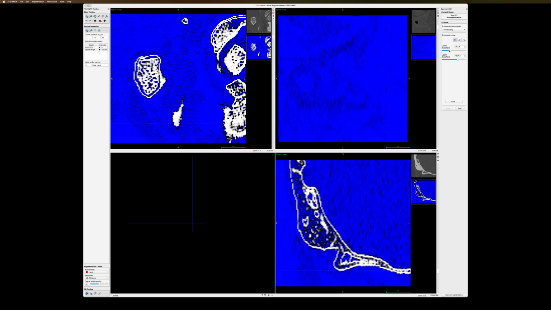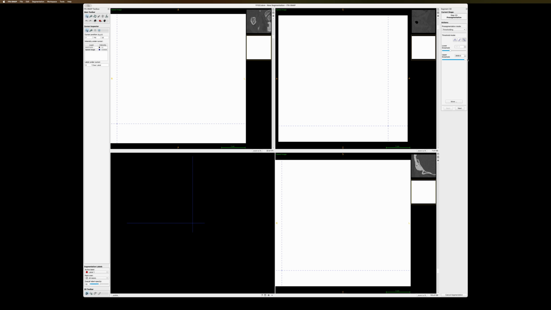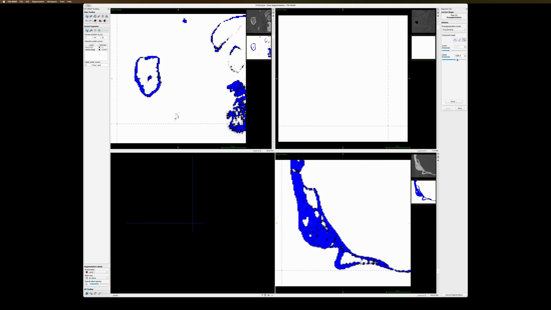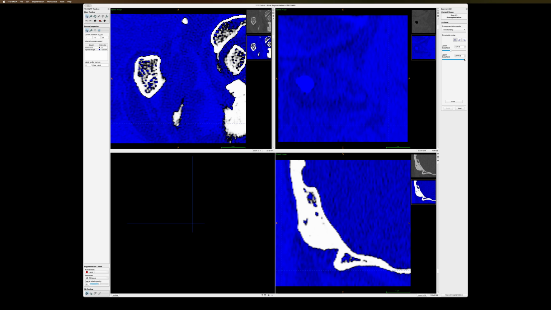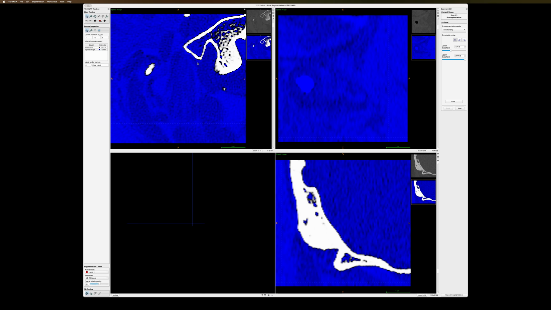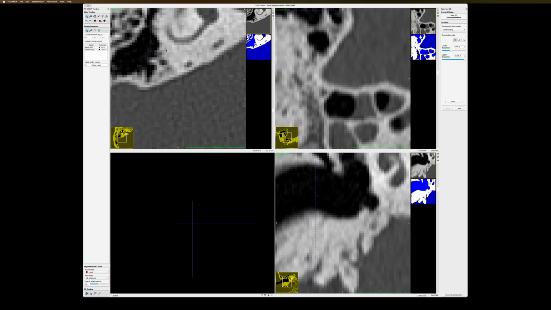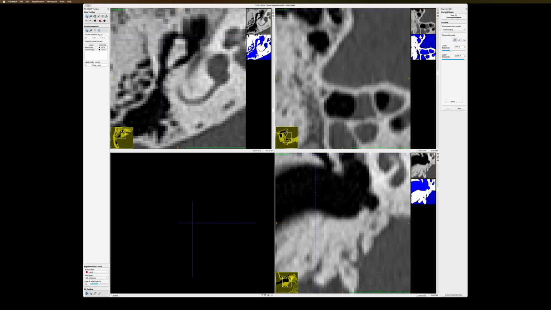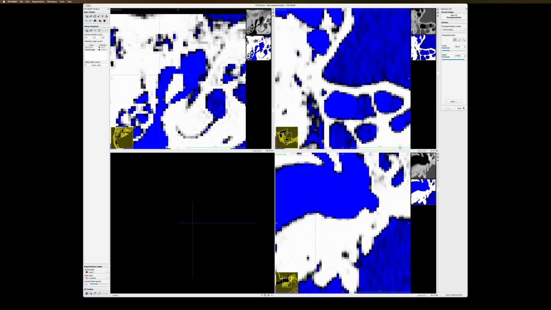We're going to use a method called thresholding, where you essentially pick the threshold, which is essentially the brightness of the bone. You will play with the values a little bit until you're satisfied that you can see only the bone and no soft tissue or something else. The other thing to do also is you want to make sure that you select which bones are going to